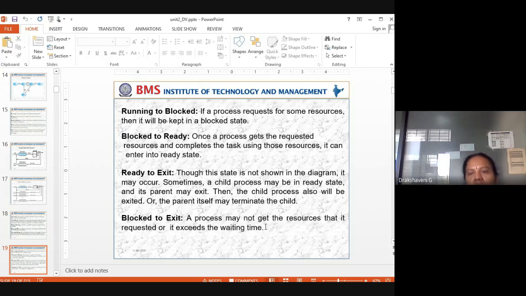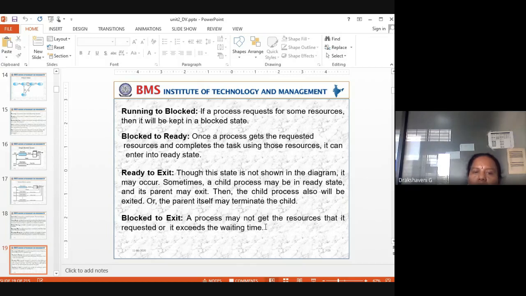Suppose we are in a running state and a higher priority process has come, then we are shifting from running to a blocked state. So here, running to blocked. If a process requests some resources, then it will be kept in a blocked state. Blocked to ready. Once a process gets the requested resource and completes the task using those resources, it can enter into ready state.